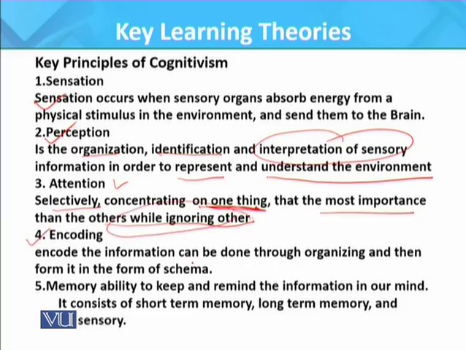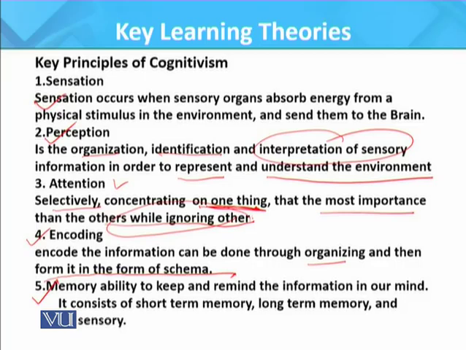Encode the information, and this can be done through organizing and then forming it in the form of schema. In this case, encoding the information in the form of experience can be conducted in two ways. One is bottom-up, which is the way to encode experience by transferring the information that is gained through the external world. It is mediated through attention and perception, while top-down, which is the second way, is to encode the experience in the form of action and prior knowledge, in order to help in interpreting the bottom-up.